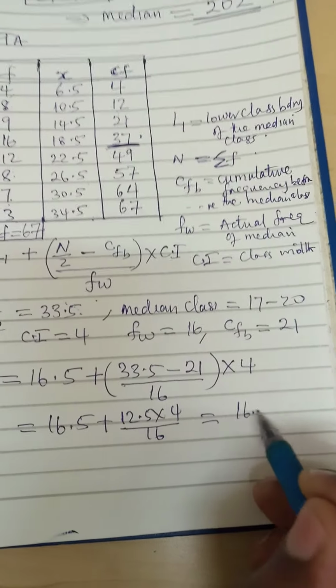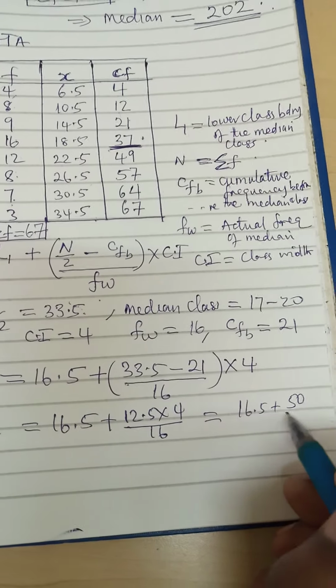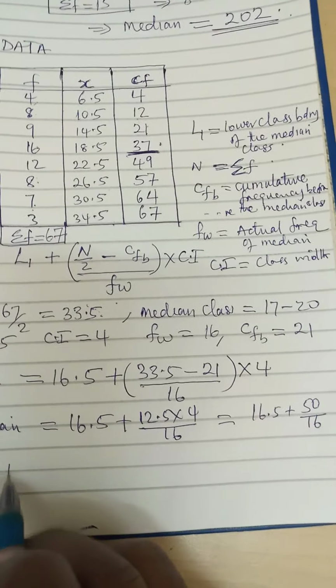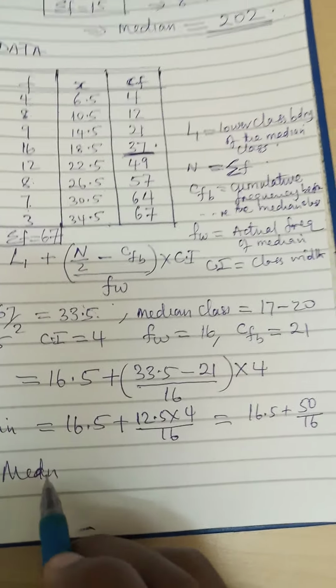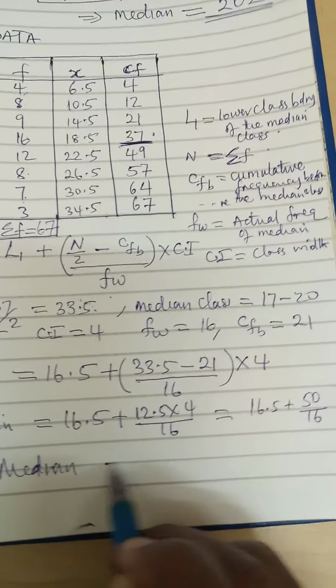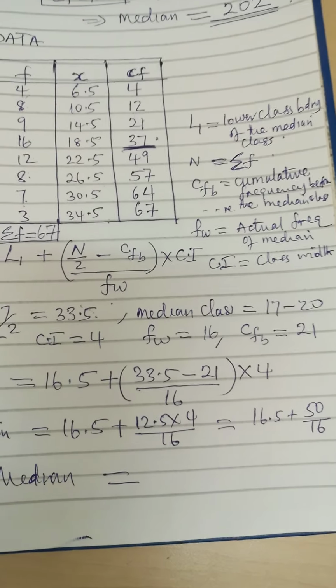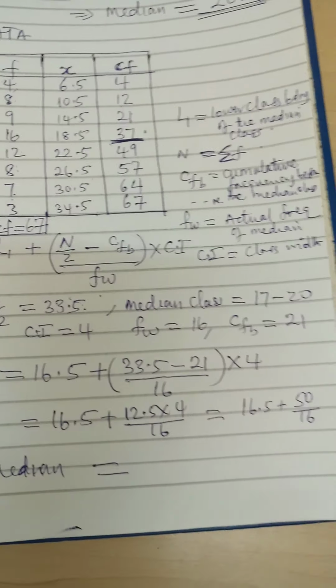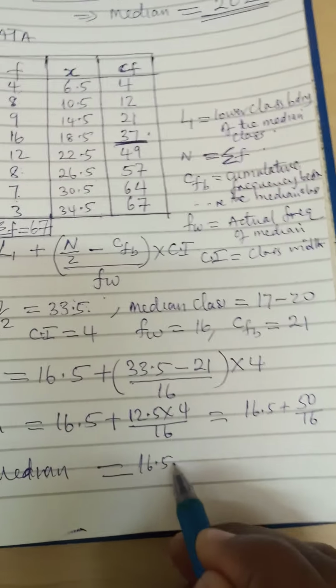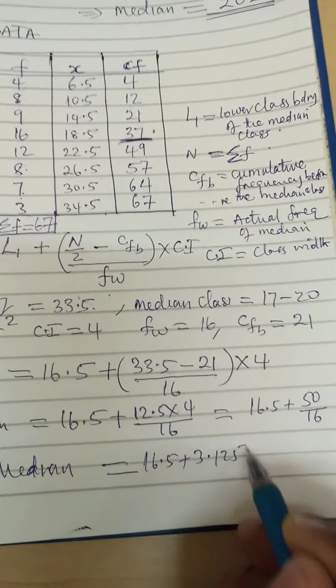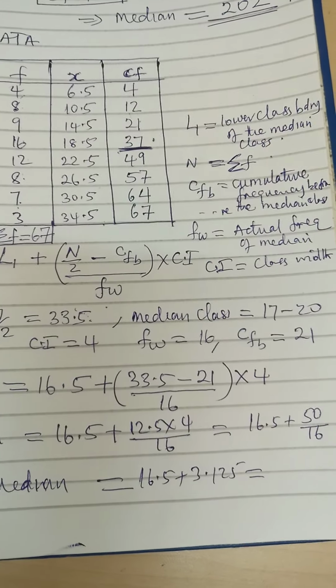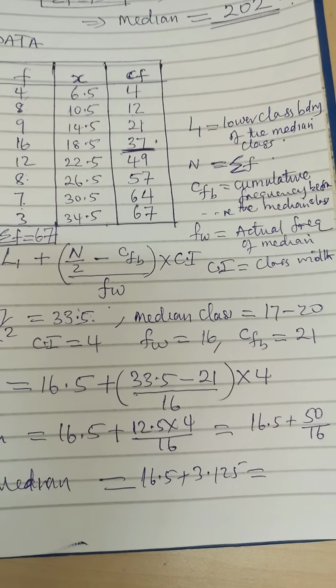This will give us 16.5 plus 50 out of 16. And if we compute, 50 divided by 16 will give us a value of 3.125. 16.5 plus 3.125, and we shall get a value of